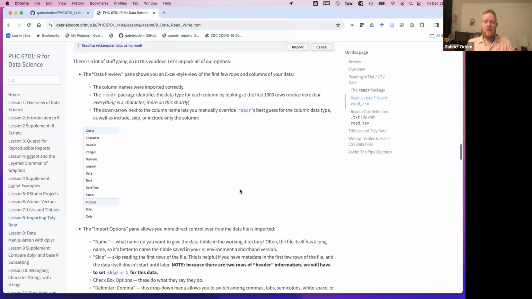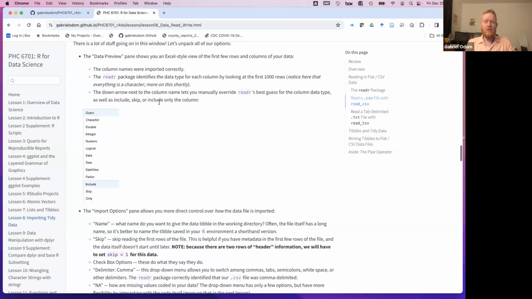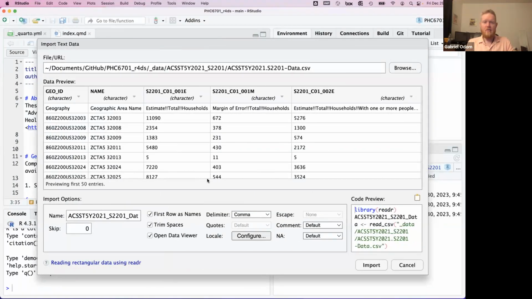So here's a couple of things in this window. Number one, the data preview. That's this business right here. And we want to make sure, okay, is the stuff that's coming in being imported correctly? And we can see that kind of no, it's not, because these are counts, but you see they're coming in